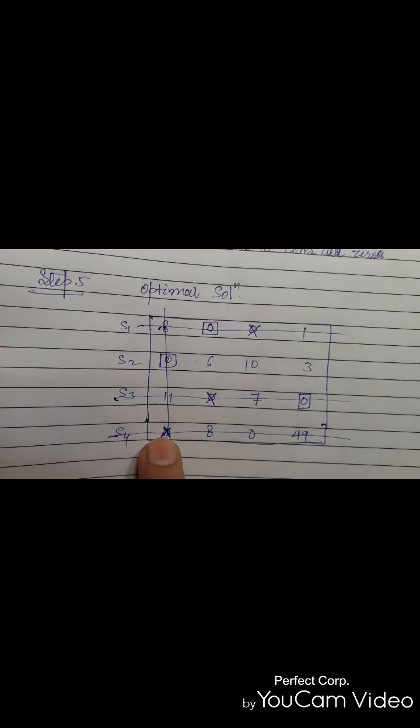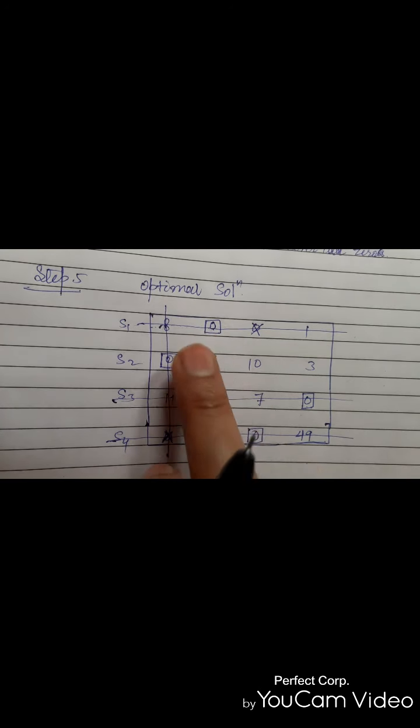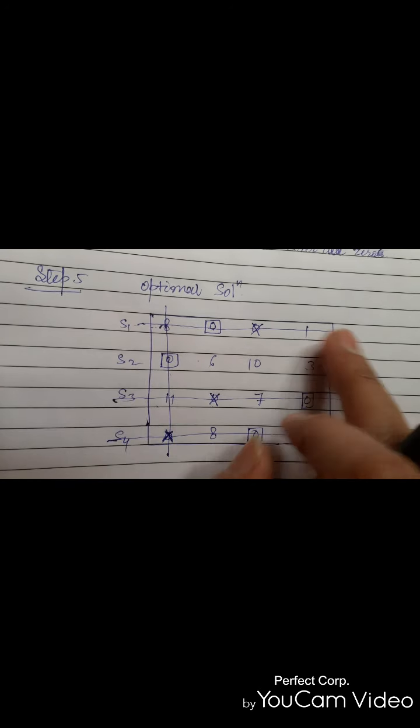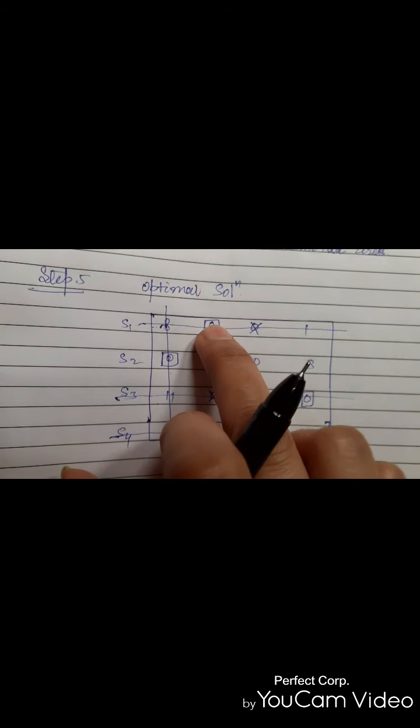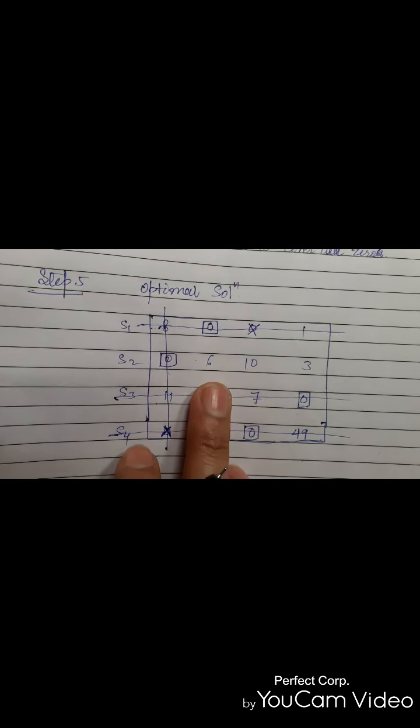Now move to the next row, the next line. The line has been drawn through these two zeros, and out of these two zeros one is already crossed, and now we need an assignment. So we will make an assignment to this 0. So you can see here that we are having one assignment corresponding to each row and column. In this row and column we are having one assignment. In this row and column we are having one assignment. The same here, and you can check here. Right? So this is the last step where we are left with the optimal solution.